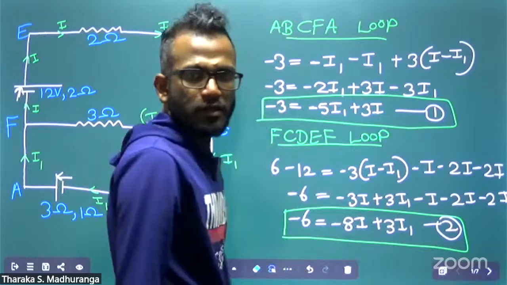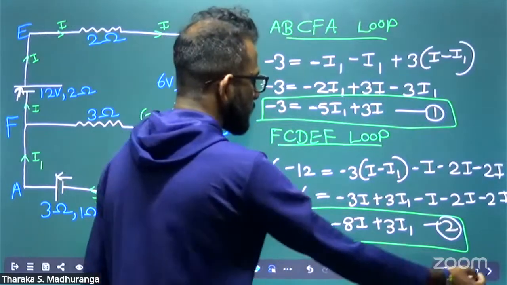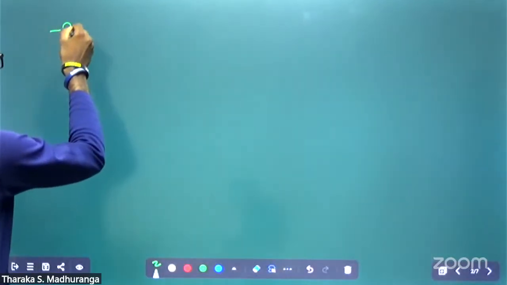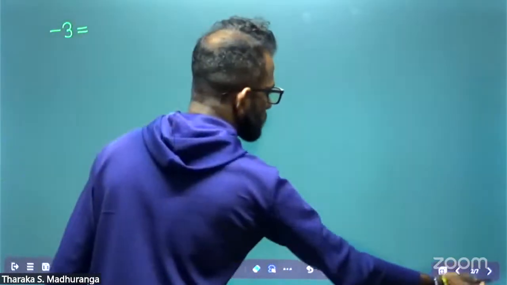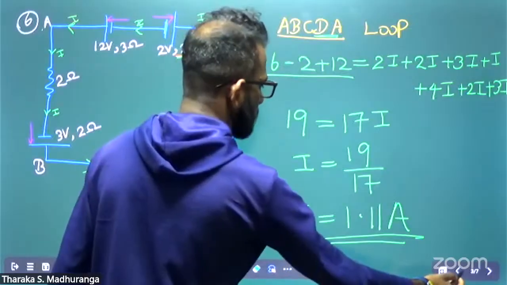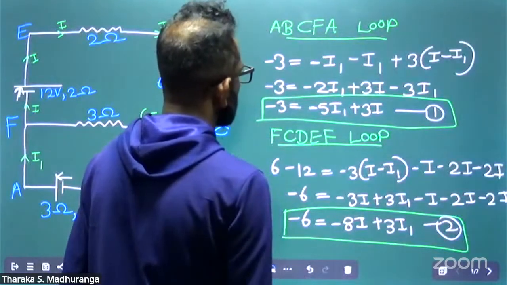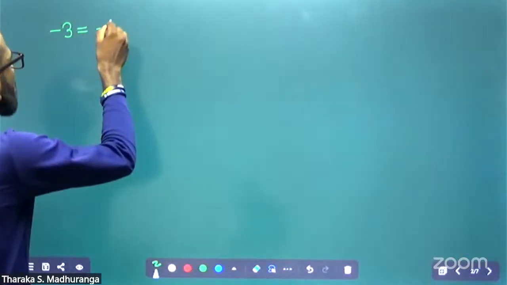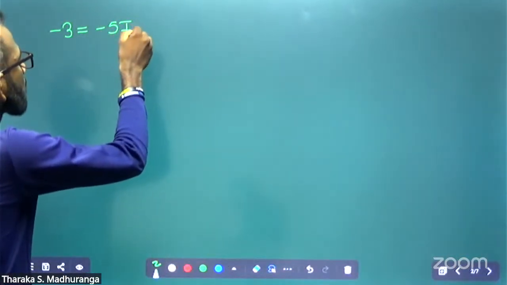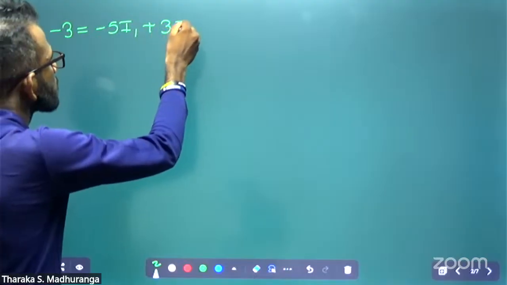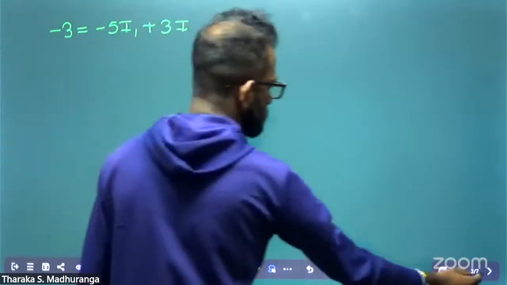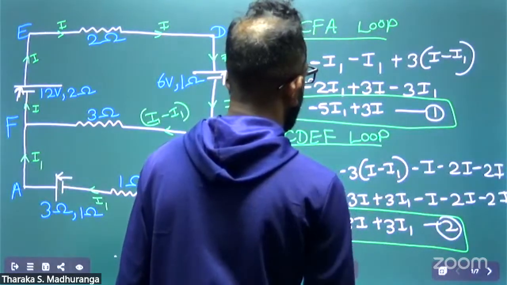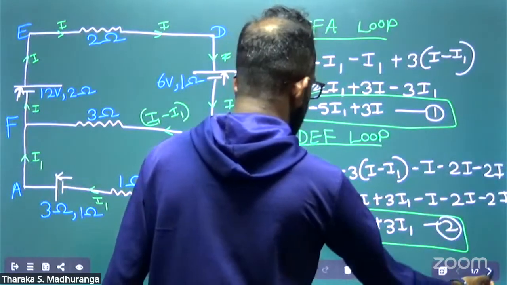Then you can solve the two equations as simultaneous equations. Minus 3 equal minus 5I plus 3I1. Minus 6 equal